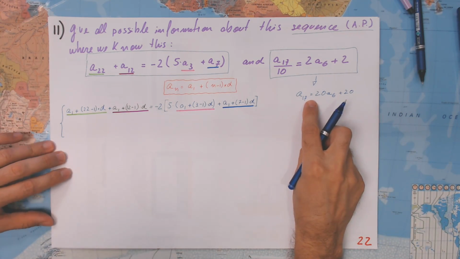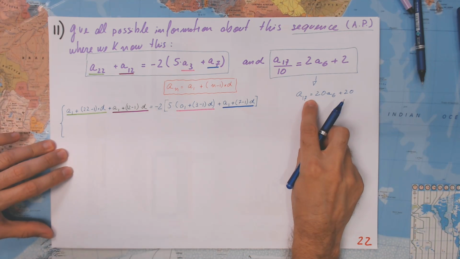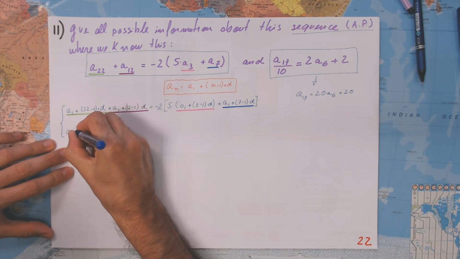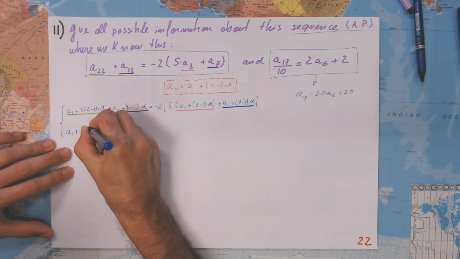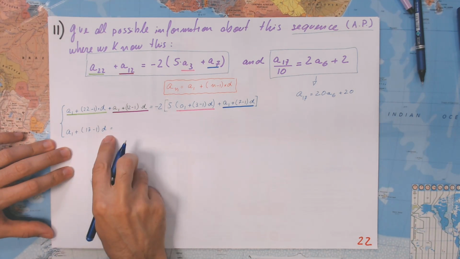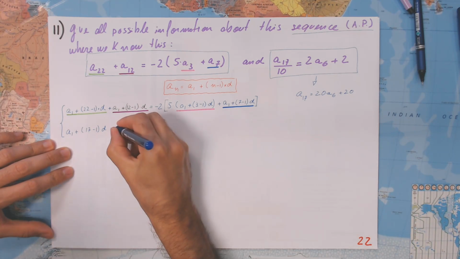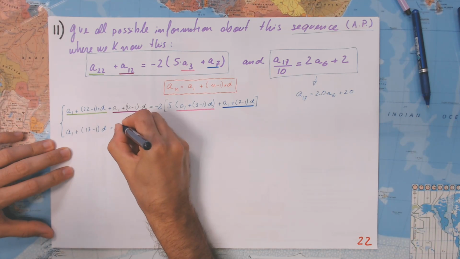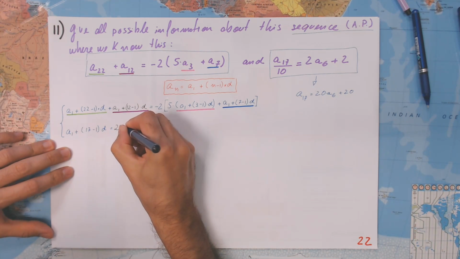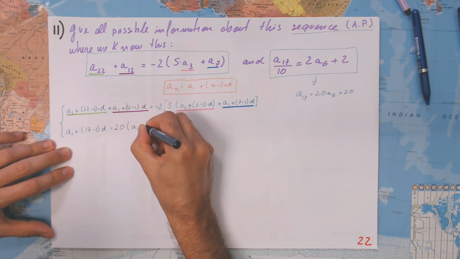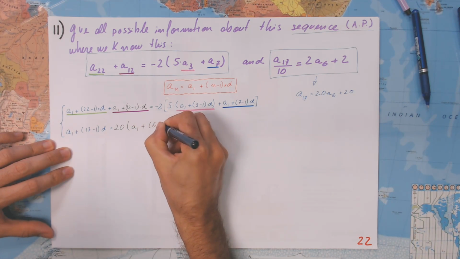This is the equation I'm going to use. A17, for me, it is just A1 plus 17 minus 1 times D. This is A17 equals, you can write like this, 20 times, what is A6? A6 is A1 plus 6 minus 1 D